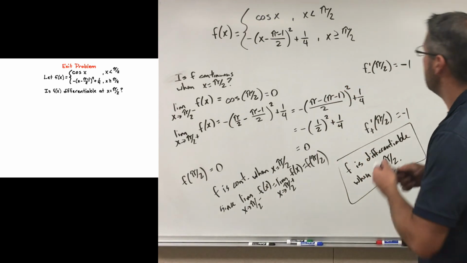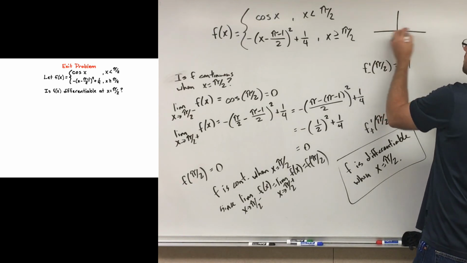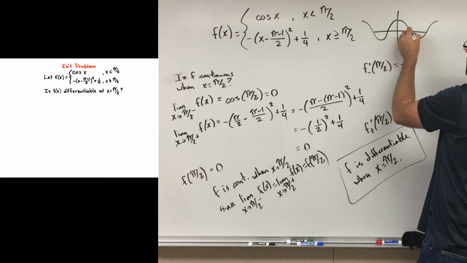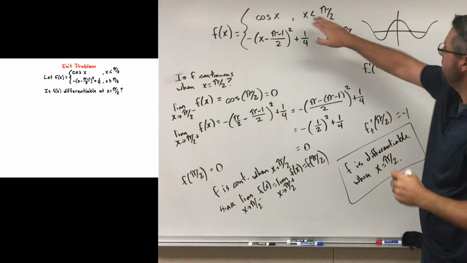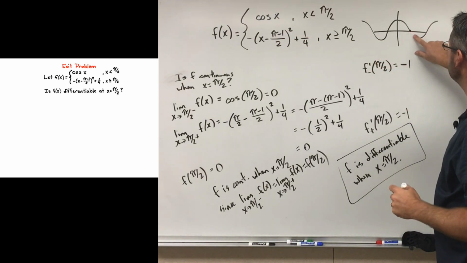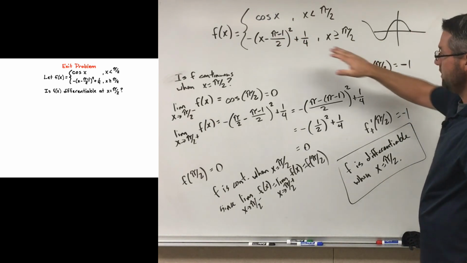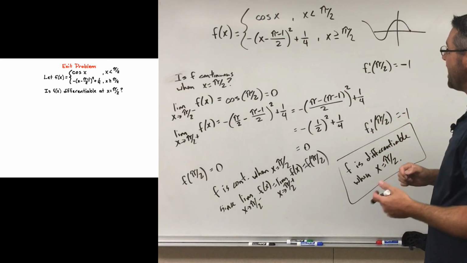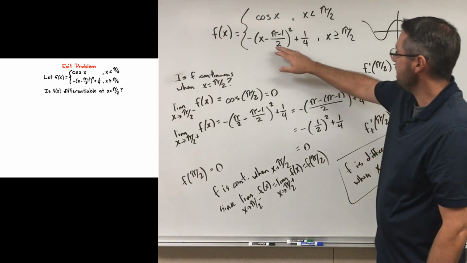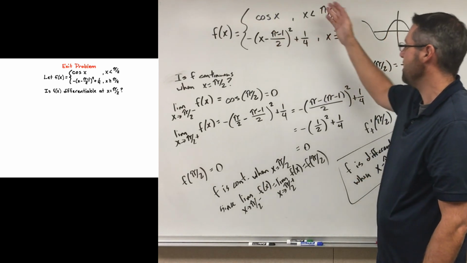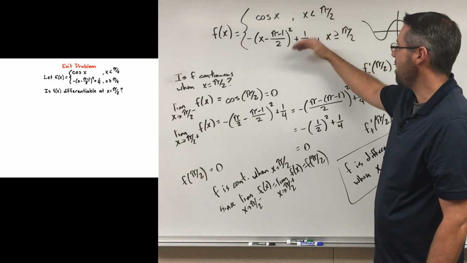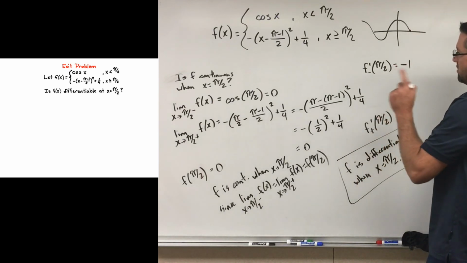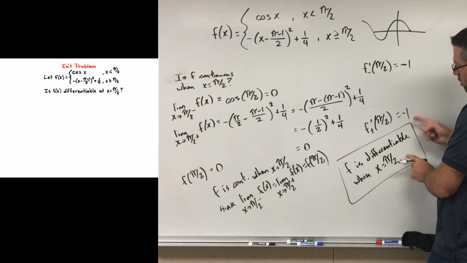Well, we know that the cosine function looks something like this, and pi over 2 is going to be right here. The part of the function that's in this piecewise is just the parts to the left. Now this function is a quadratic, and it opens down. So we can see that we have a vertex of (pi minus 1 over 2, 1/4), and it opens down. What I do notice is that since it had the same slope at this point,